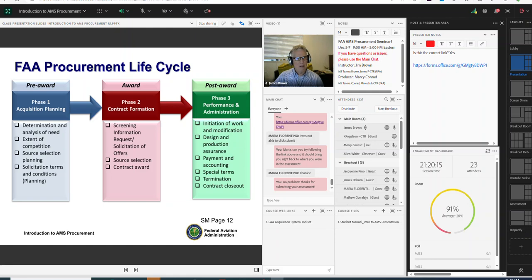Phase 2 is contract formation, where the actual contract is written. The screening information request is completed. Offers are solicited. Sources are selected. And the last step in this phase 2 is, of course, the award of the contract itself, which leads you